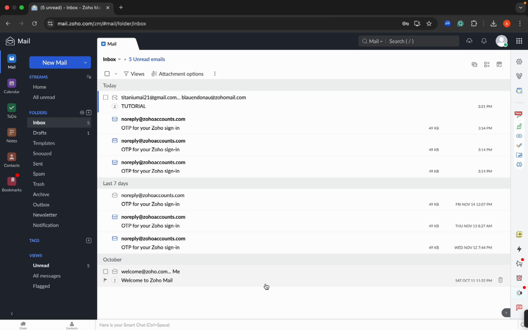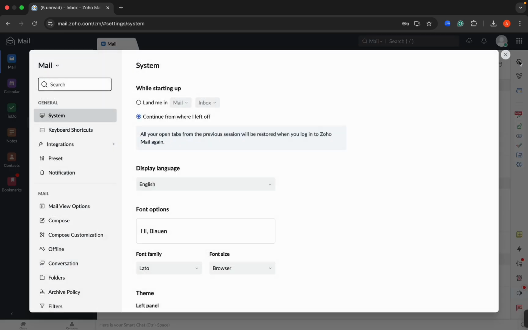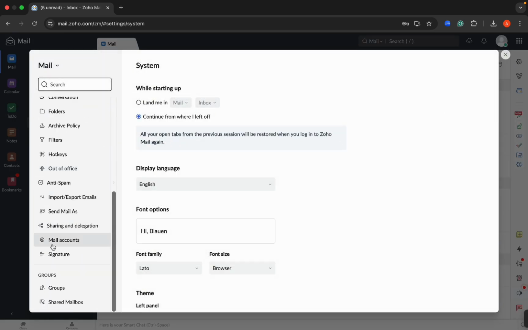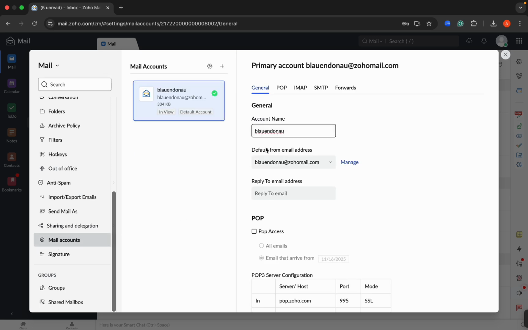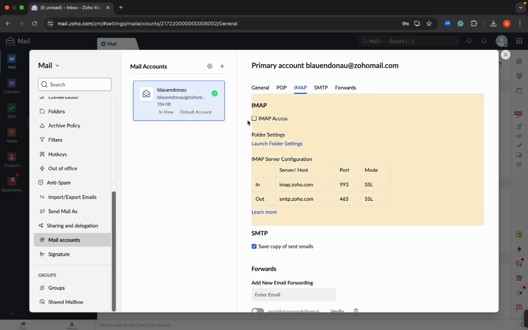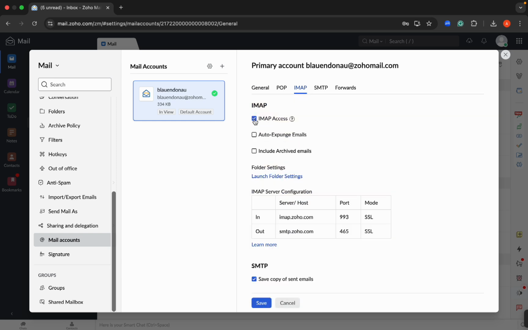So first thing that you're going to do is open Zoho, then go to the settings over here at the right side bar. Then over here at this side, scroll down, click on Mail Accounts, then click on IMAP over here at the top, then allow the IMAP access by clicking on the checkbox over here at the side, then click